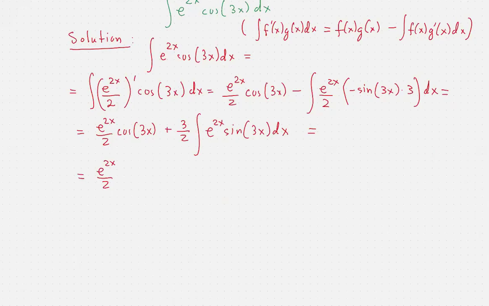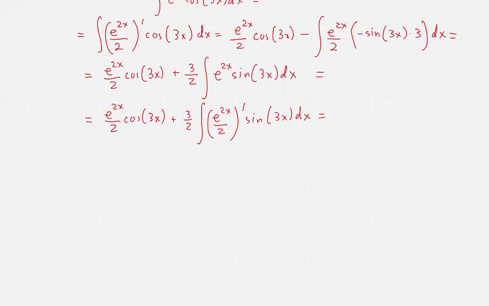And the little thing that one needs to know here is that now that you have a choice of what to set as a derivative, you still need to go with e to the 2x. If you go with sine of 3x, you will pretty much go back, cancel what you did before and go back to what you started with. So we insist on writing e to the 2x as e to the 2x over 2 derivative times sine of 3x. And now we're going to perform our integration by parts. And since this is done with this factor